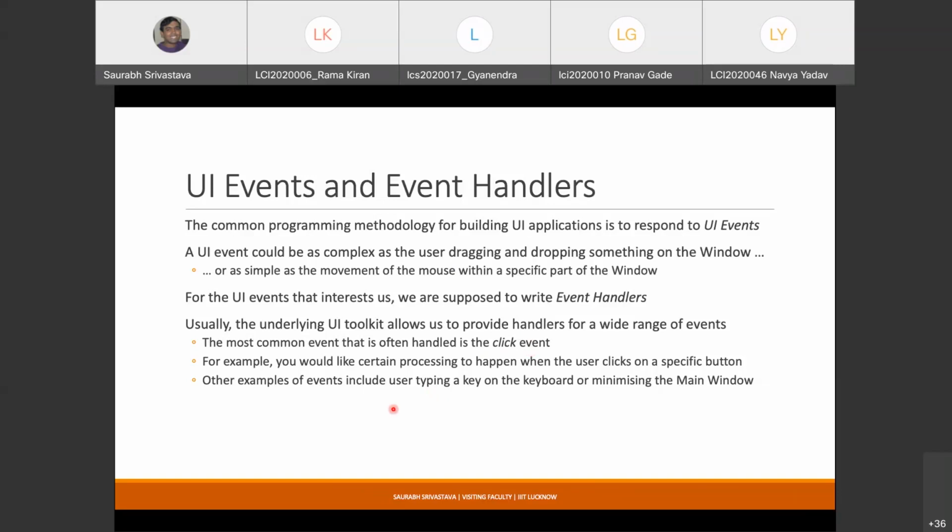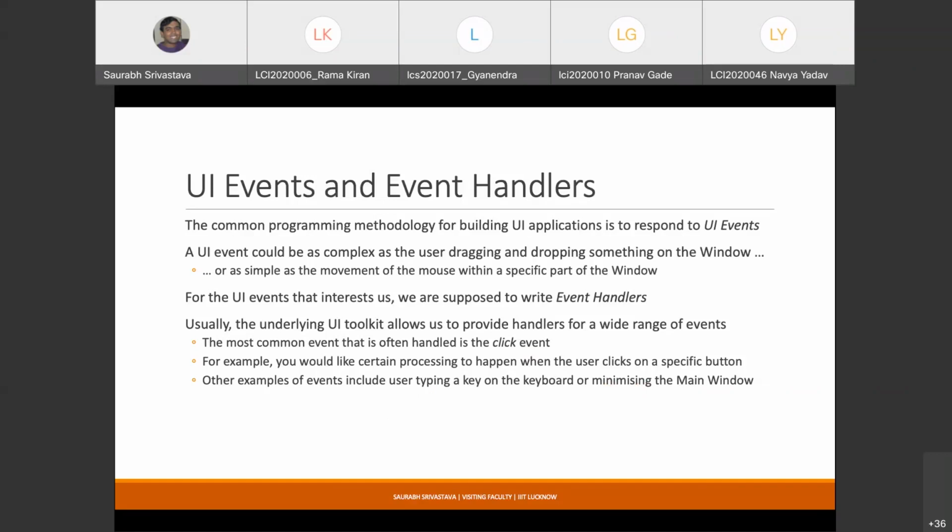Another example of a UI event is, let us say I type something in a text box. That is also a UI event. You might want to show me some auto filling options, or you might handle a window being minimized or maximized. There are certain players, I think YouTube also does that, that if it figures out that you have changed the tab, or you have minimized the browser window, I think it stops updating the video.